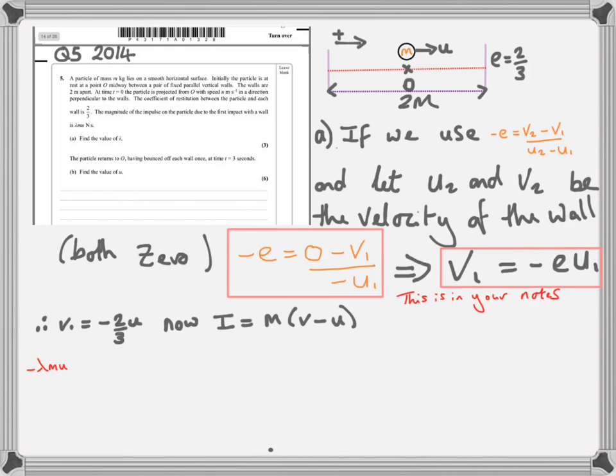Okay, now the first thing I'm going to do is actually write the impulse that's been given, but I'm going to write it as minus lambda times mu. And the reason for that is the problem talks about the impulse that the object receives from the wall, and if you think about it, the impulse that it receives from the wall is actually in the negative direction, given that I've chosen working to the right as the positive direction. And now I'll just put all the other information in, which gives me this result, and I'll cancel the m's out, and that takes me to this line here, and the last bit of simplification then gives me that lambda